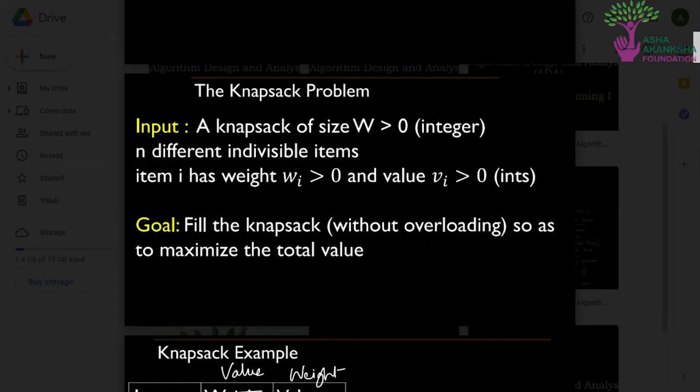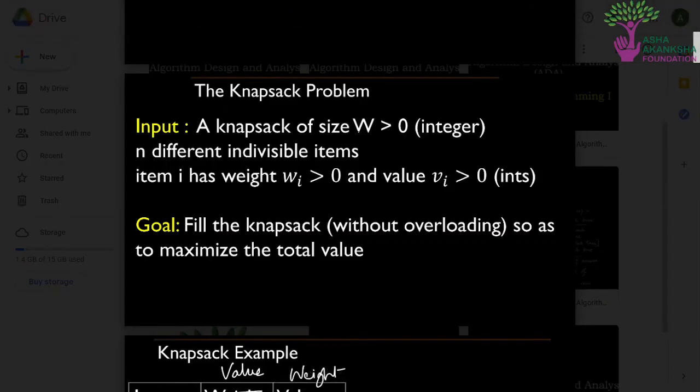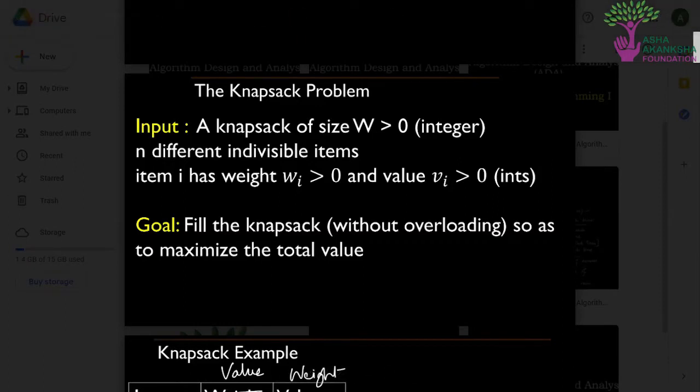And suppose that we are given a bag of size capital W. Now these are some constraints that capital W is greater than 0, wi and vi are both greater than 0. Now the main problem is, first of all, the name of the bag of size capital W is knapsack.